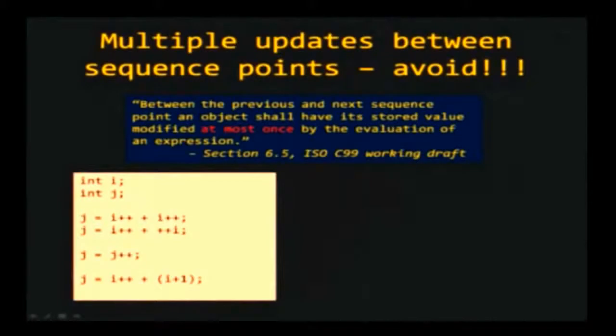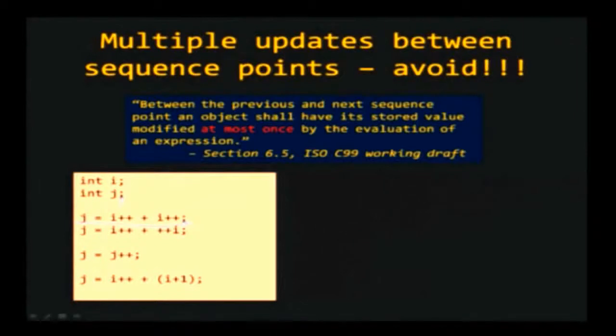Okay, so let us look at a few specific examples to see what is actually happening here. Let us take the first expression, j = i++ + i++. We know that here is a sequence point, and here is a sequence point. These are full expressions. Between these two sequence points, the value of i is updated more than once.